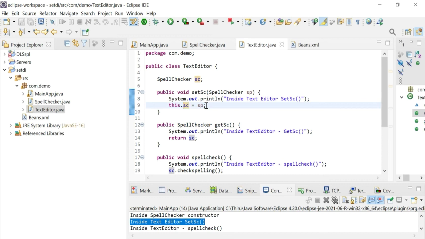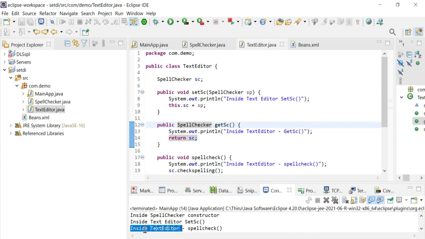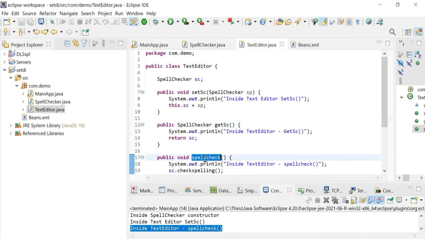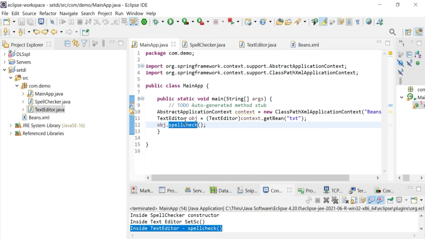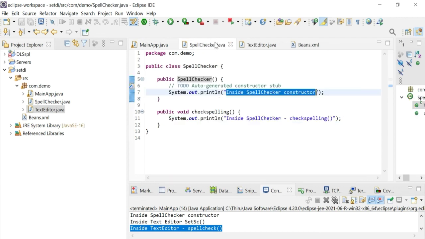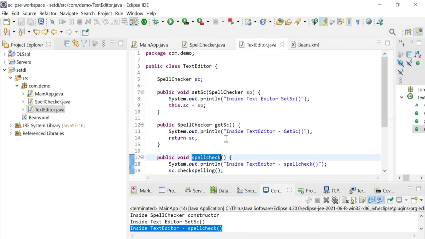Then you can see inside text editor spell check. The control moves to the spell check method because we call spell check in the main method using the text editor object. So we display inside text editor spell check on the console.